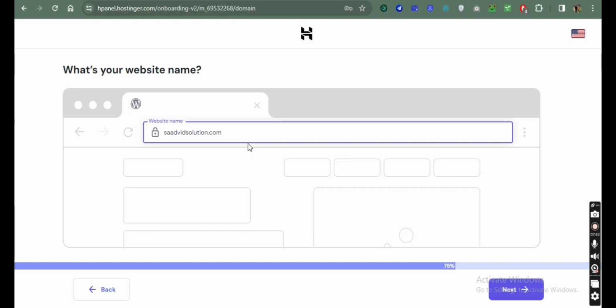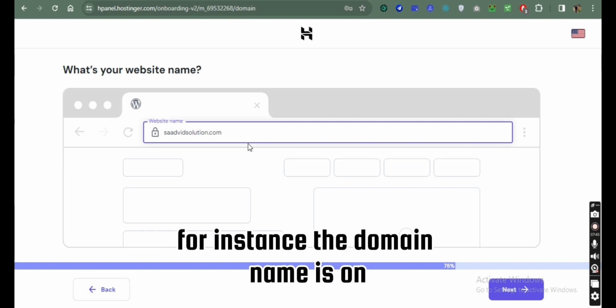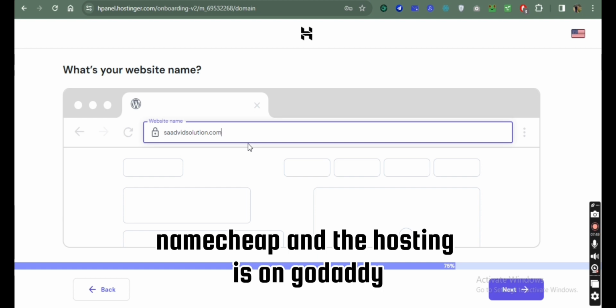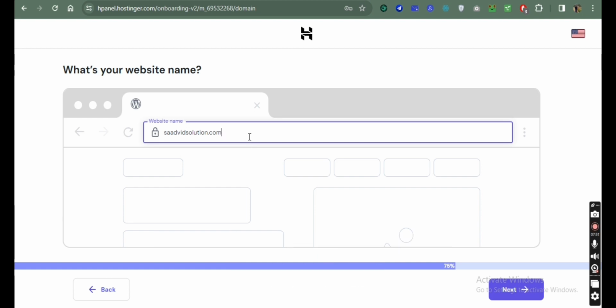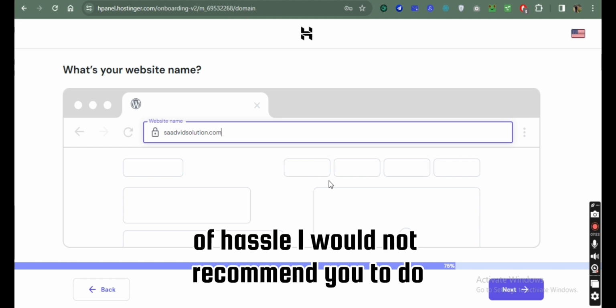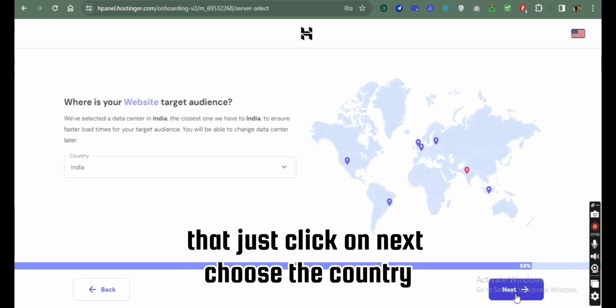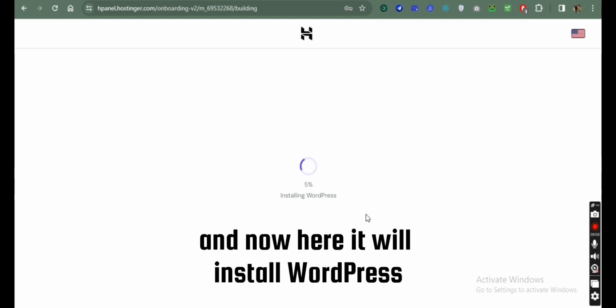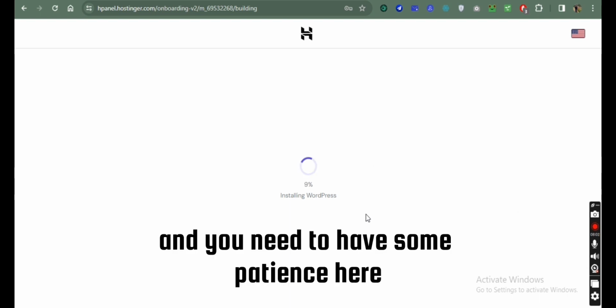But if the domain and hosting are on different platforms, for instance the domain name is on Namecheap and the hosting is on GoDaddy, then I need to connect both, so it's a lot of hassle. I would not recommend you to do that. Just click on next, choose the country, and now here it will install WordPress, and you need to have some